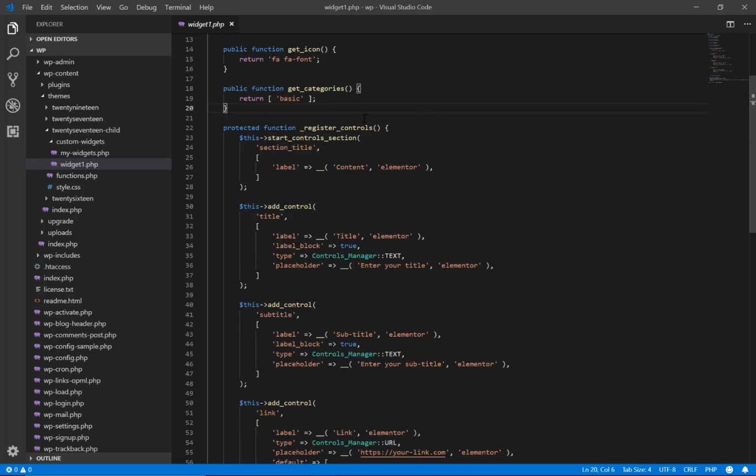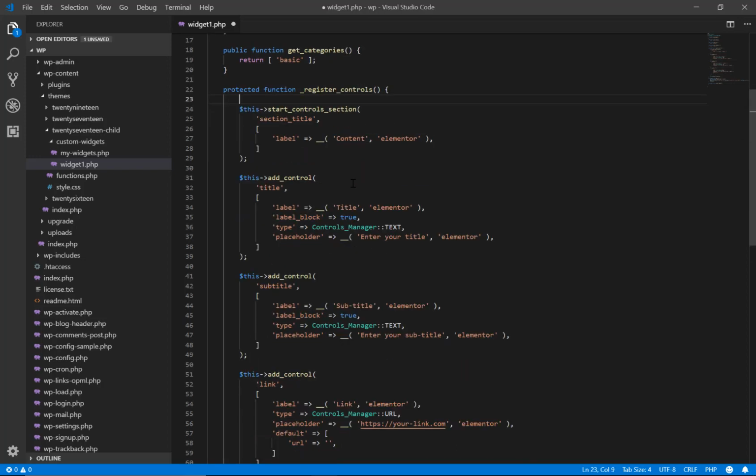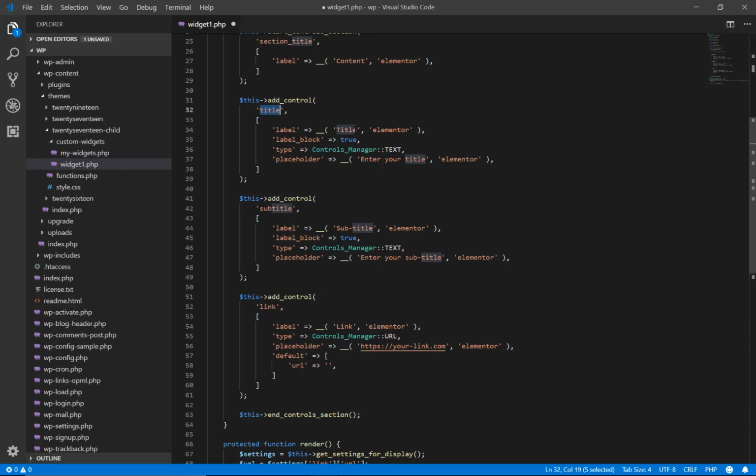And then we have controls. Okay, now controls is for anything that is going to be dynamic, let's say anything like input fields and of that such needs to be a control. Okay, now the first thing we have here is a section title, and I've called it content. Okay, now after that we have a title, and the label of it is title. That's what you see in Elementor. Okay, and the type is text. In the placeholder we have enter your title,